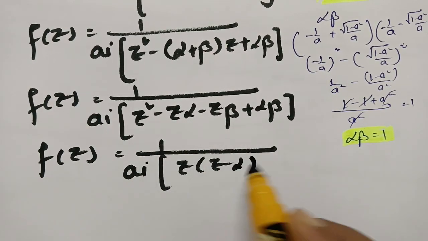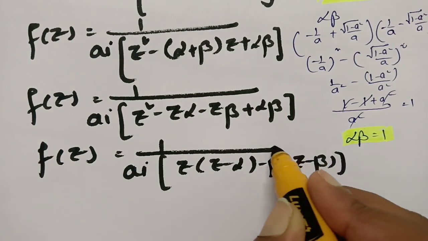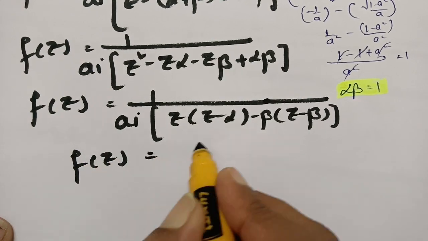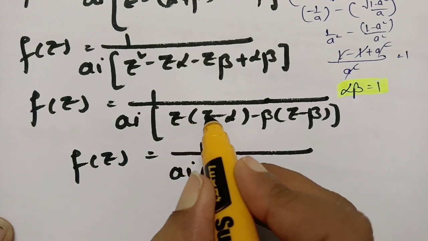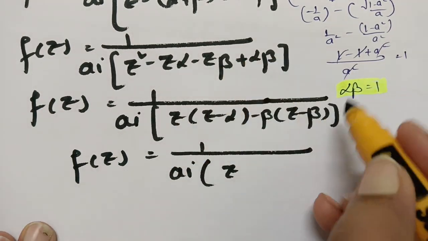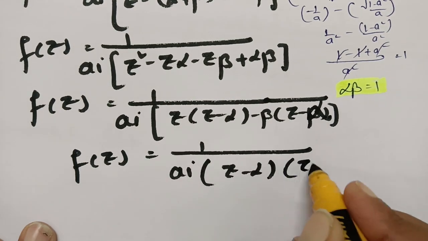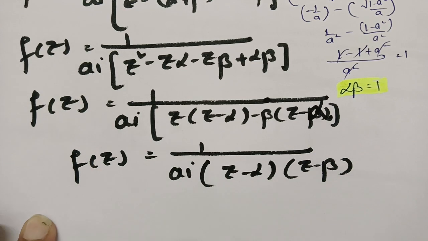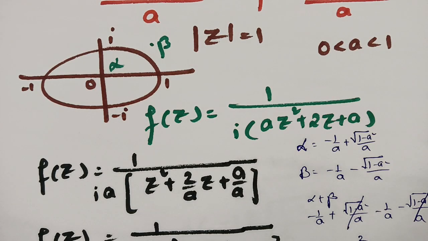So our f of z value is equal to 1 by ai times of, if I take z common, this will be z minus alpha. If I take minus beta common, this will be z minus beta. Clear? And therefore f of z is equal to 1 by ai into, if I take z minus alpha common, this will be z minus beta. So this is our function. With this function we have to find the residue at the interior pole alpha,